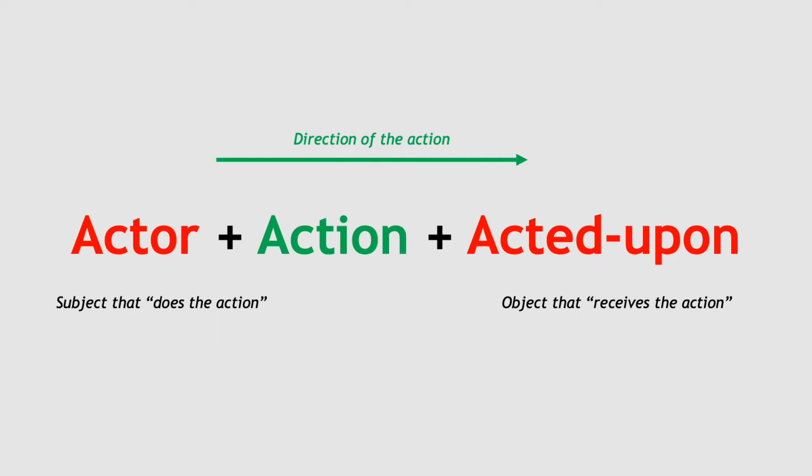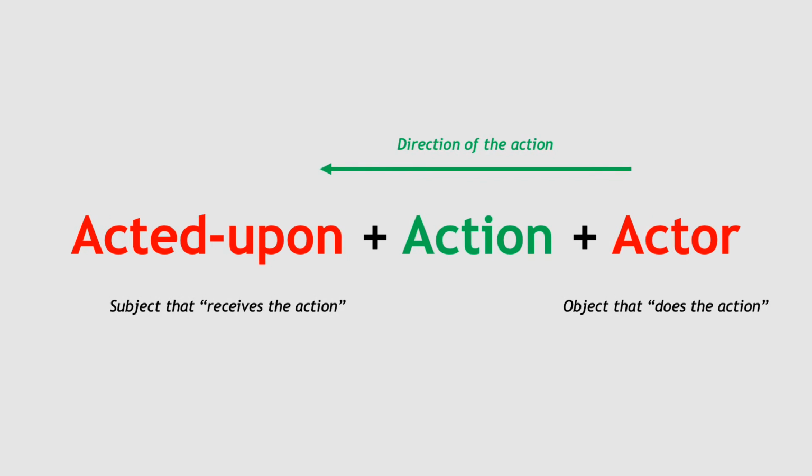And what about if we reverse the direction of the action as well as the position of the acted upon and the actor? So we have the acted upon as the subject. Now we have the acted upon that receives the action starting the sentence, and the actor will be in the object position. So we can assume that the direction of the action will flow reversingly from the actor, from the end of the sentence, back to the acted upon in the subject position. So for example,